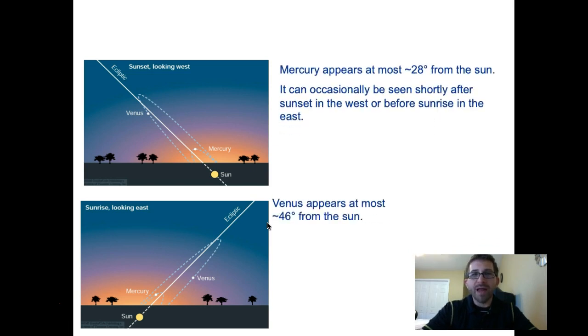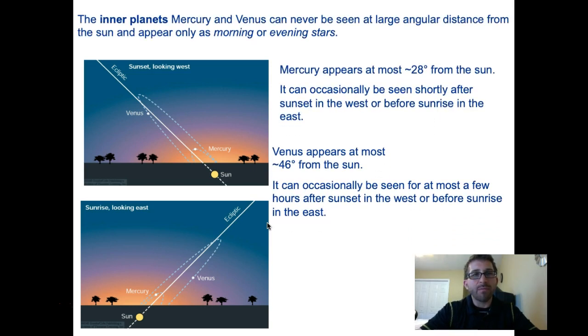Some additional planet information here on Venus and Mercury. The inner planets of Venus and Mercury are able to be seen mostly either in the morning at sunrise or in the evening at sunset. Usually they're mistaken as stars, but they are planets. The way to tell is that planets don't twinkle. Stars do, of course, twinkle, like the song says, "Twinkle, twinkle, little star."